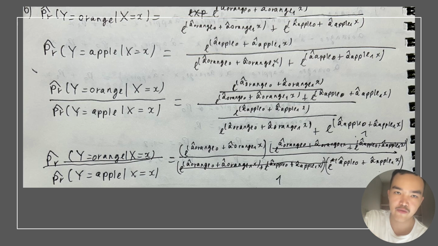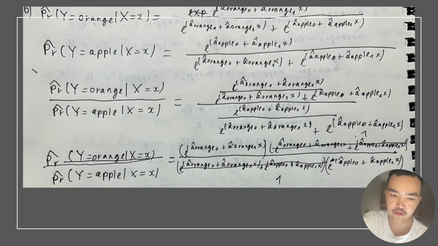In the numerator we write the sum of all probabilities. So to find the odds, we divide. So we find the ratio of the probability that our fruit is an orange in the numerator, and in the denominator the probability that our fruit is an apple. So to find it, we need to simplify our ratio. So as you see in the slides,